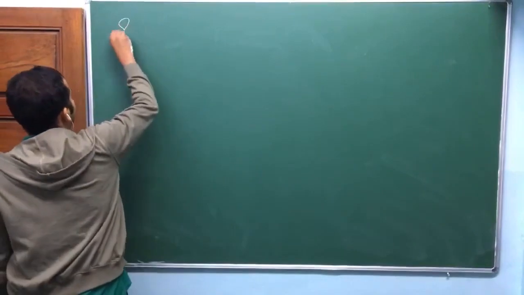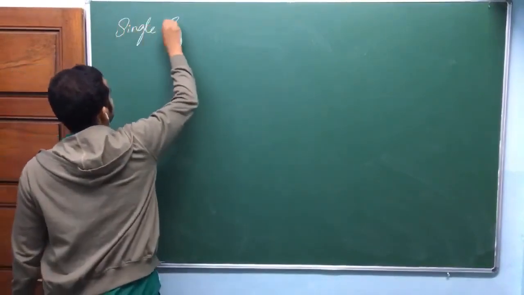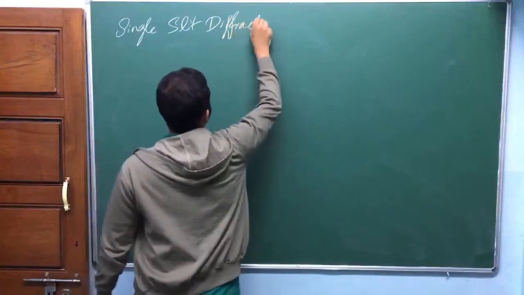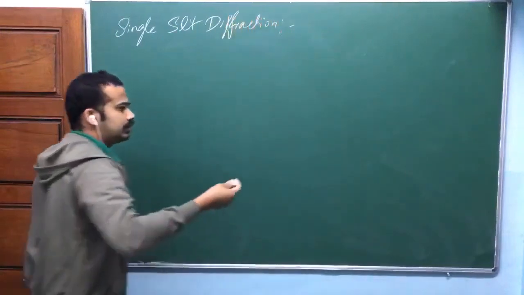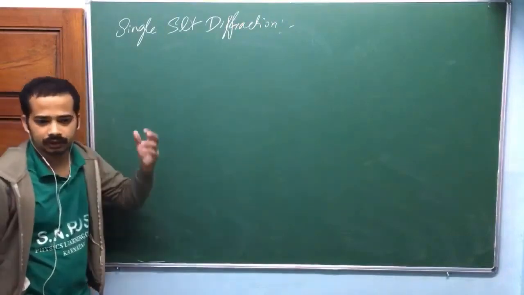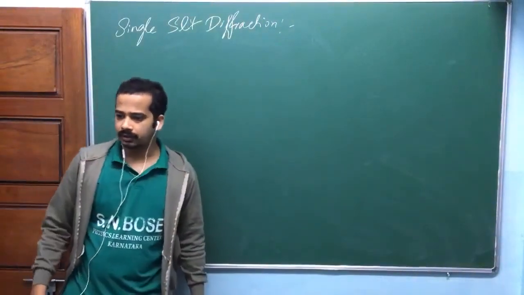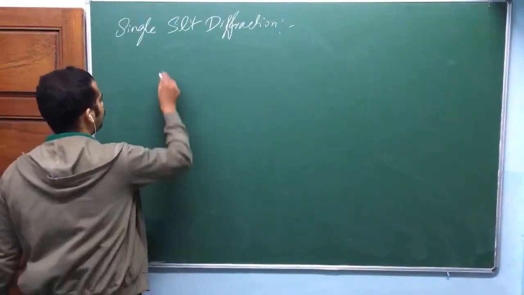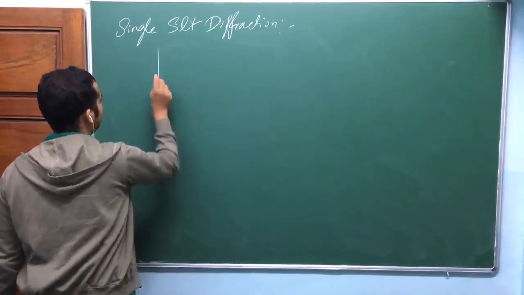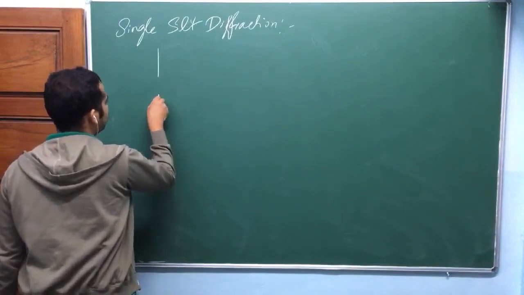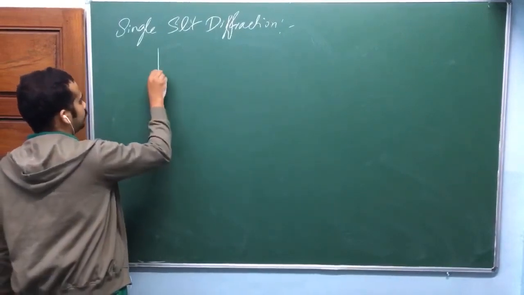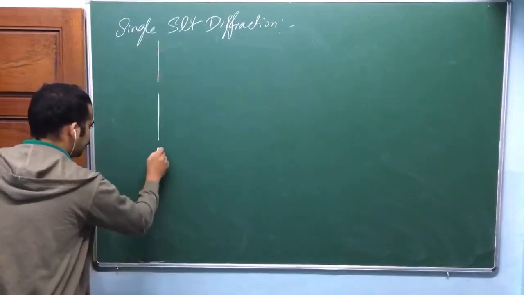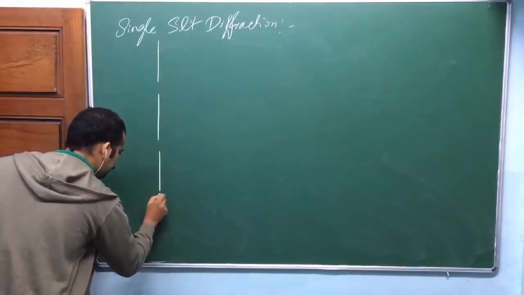Now, single slit diffraction. So we have studied that again. We say electrons have wave nature and all, isn't it? So that's why a diffraction pattern should happen if you have a single slit, okay. Now what I do here is I'm going to have two arrangements. One is quite a big slit width, okay. In the other arrangement, I'm going to have a very small slit width,